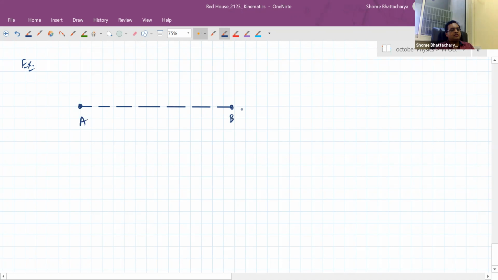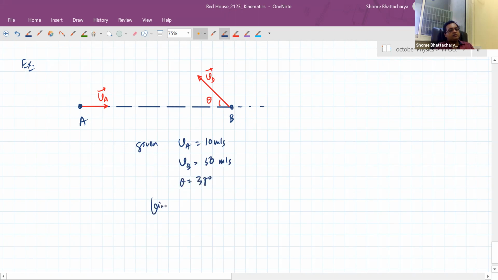Okay. So now if we have this situation where at this given point of time, A has a velocity in this direction, but B has a velocity at some kind of angle like this. So this angle is theta. This vector is V. Given that the magnitude of VA is 10 meters per second, the magnitude of VB is, let's say, 50 meters per second, and that angle theta is 37 degrees.